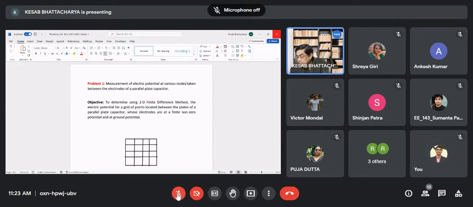হ্যাঁ, রিপোর্টে তো শোনো, রিপোর্টে যেটা করতে হবে প্রথমত তুমি এই ফিগারটা দিয়ে এই প্রবলেম স্টেটমেন্ট দিলে, অবজেক্টিভ লিখলে, ফিগারটা দিয়ে প্রবলেমটাকে ডিফাইন করলে পুরোটা। তারপরে তুমি তোমার নিজের প্রোগ্রামের যেটা আউটপুট, প্রোগ্রামের এটা খুব বড় প্রোগ্রাম হবে না। চাইলে প্রোগ্রামের প্রিন্ট আউটটাও দিয়ে দিতে পারো। মানে ওখানে অ্যাটাচ করতে পারো ফাইলে। এবং প্রোগ্রামের যে আউটপুটটা পেলে সেখানে একটা জিনিস করতে হবে। সেটা হচ্ছে এগেইন এই প্যারালাল প্লেট ইলেকট্রোডটা করে, মানে ড্র করে তার মধ্যে ইকুইপোটেনশিয়াল লাইনস যেগুলো আছে সেগুলো ড্র করা এবং তার সঙ্গে ফিল্ড লাইনস গুলো ড্র করা।